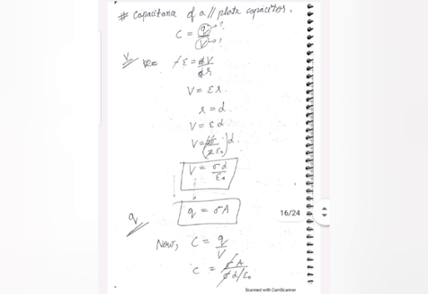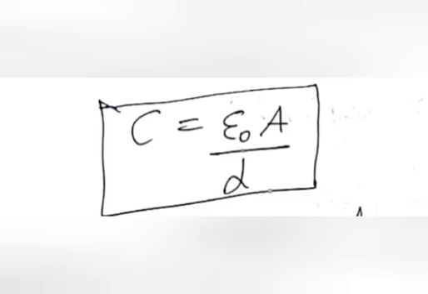Now let us calculate the value for Q. Now Q is equal to sigma A. This expression we have derived from the first chapter. From the first chapter onwards, for a plate or for area-wise surfaces, the charge is always sigma A. Now since we have got the value of V as well as Q, we'll use our expression C is equal to Q by V. We'll put the values of Q and V, and finally we'll get the expression C is equal to epsilon naught A by D.